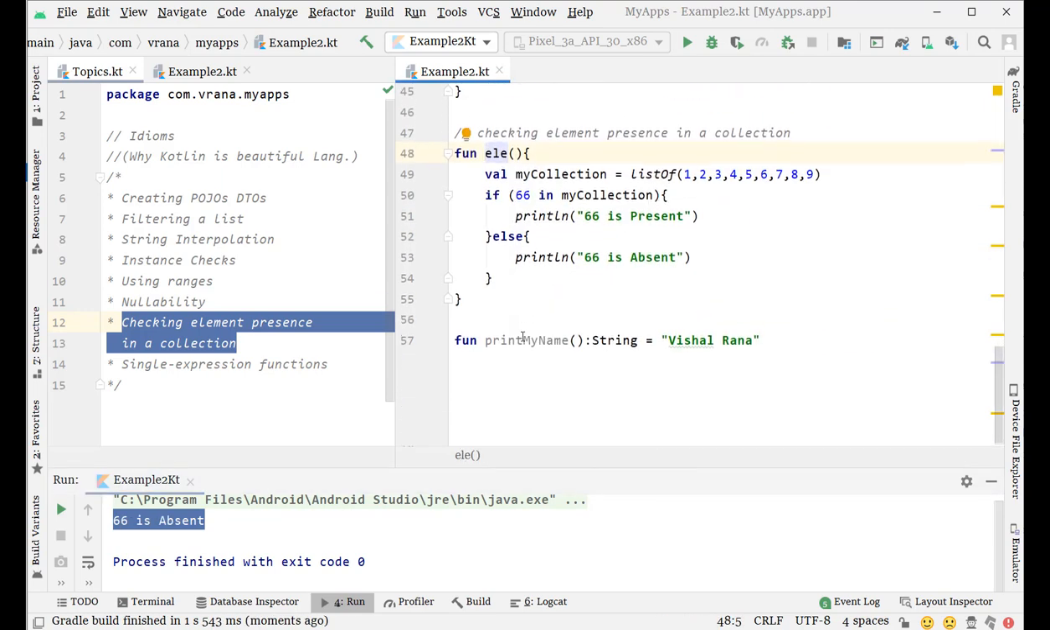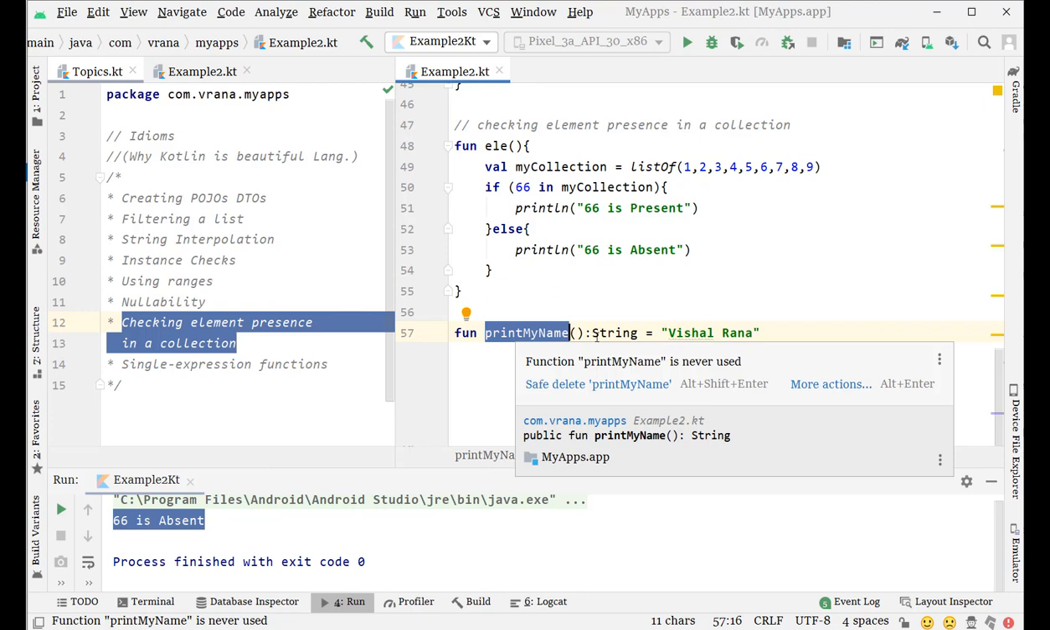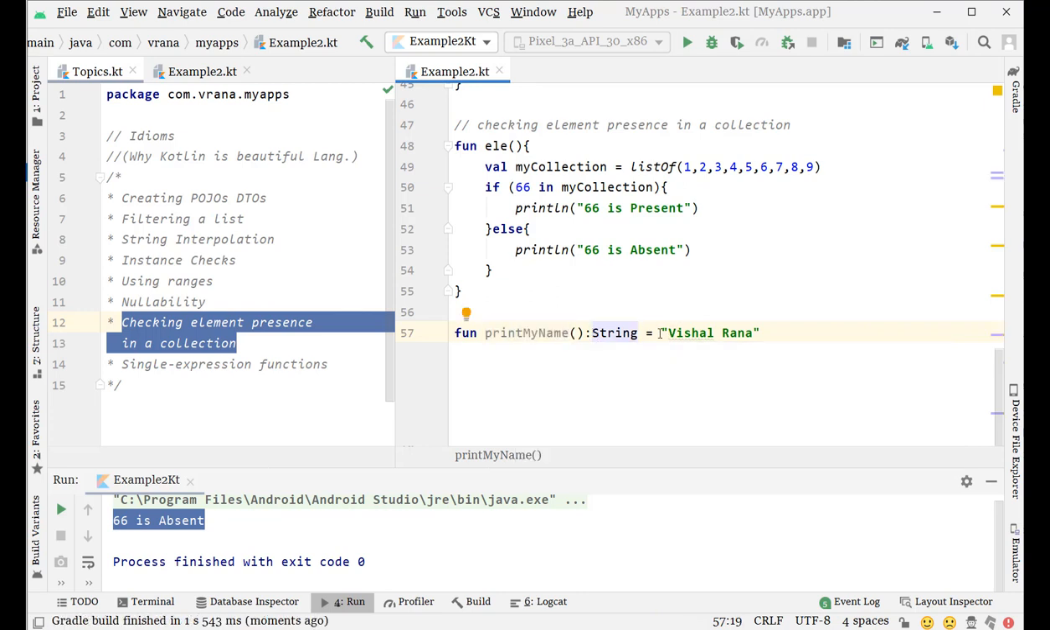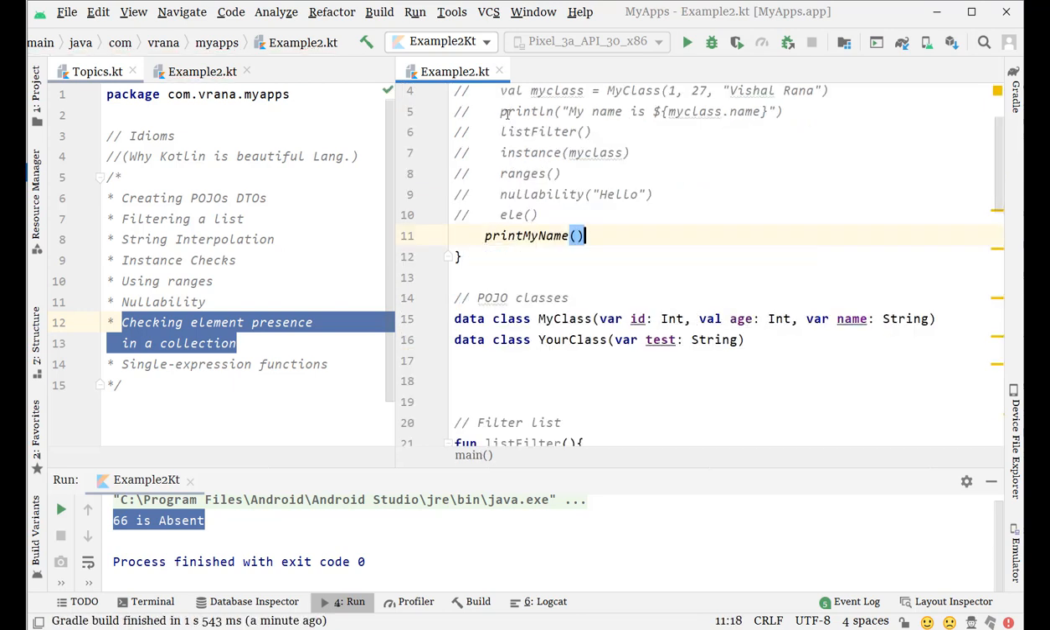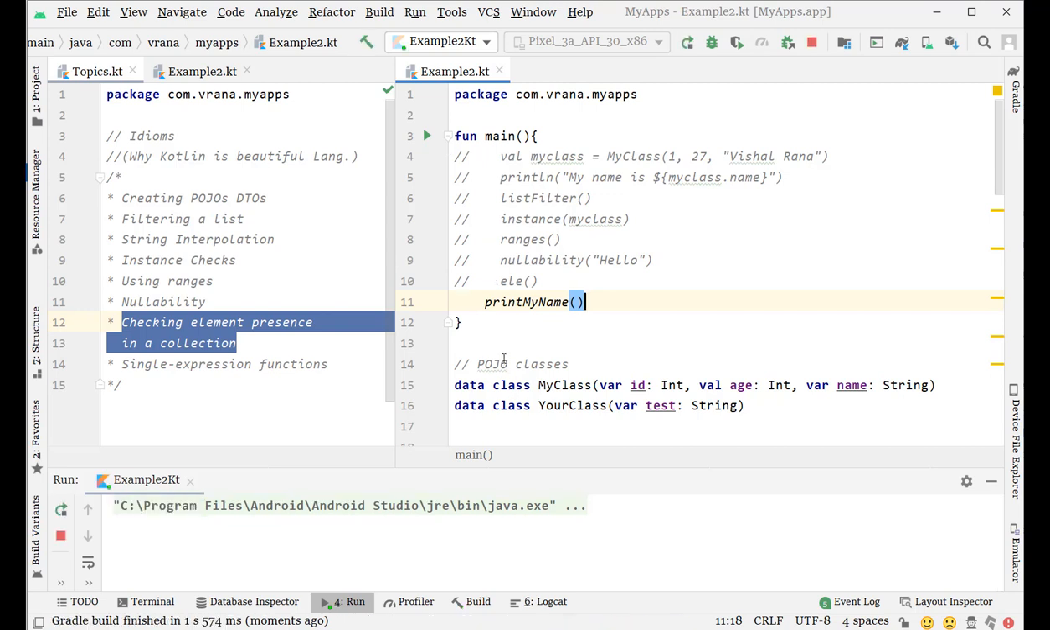And the last point, which is a very important point, is the single expression function. In Kotlin you can write a function named printMyName, and there are no curly braces and all. It doesn't look like a method, and it returns my name. If it is a very small function, then you can write it like this. When you run this, it will print nothing